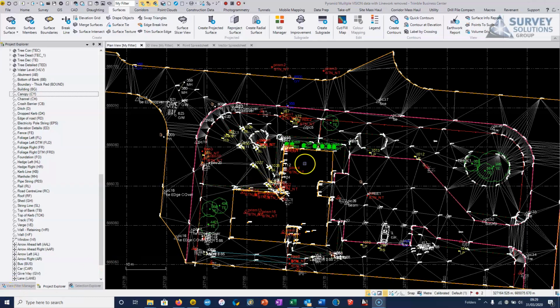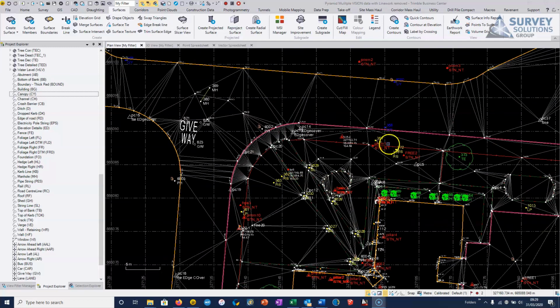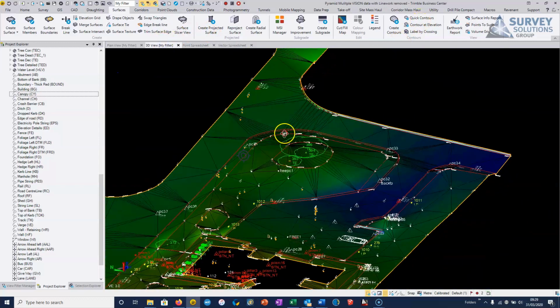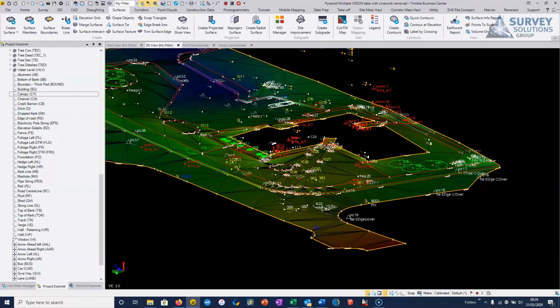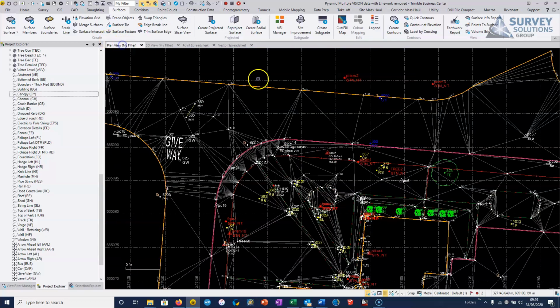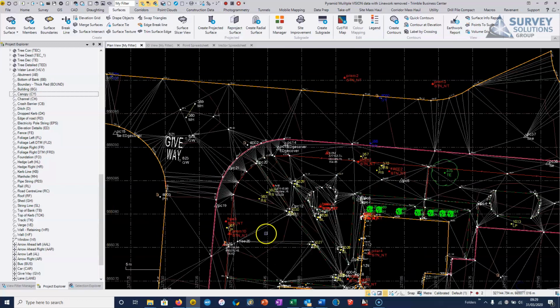So the next stage is forming contours. Now, some people like to visualize their DTM using contours. They're so familiar with looking at contours that rather than looking at it in a 3D view and using tools such as the surface slicer view, they'd much rather just quickly visualize contours. So quick contours is a very useful feature where we can just go in there, form quick contours, and it